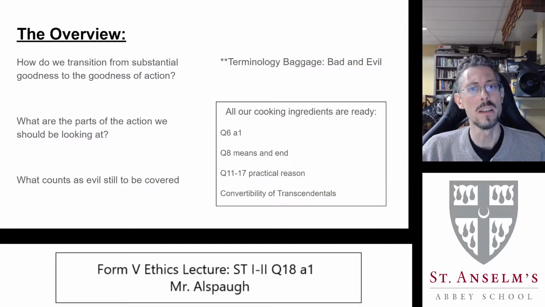However, question 18 doesn't do it all by itself. It's actually a 3-question block, questions 18, 19, and 20, that go over all of this, and 21, depending on how you want to think about consequences. But 18 looks at the parts of the action we should be looking at. Actions are composite. And to talk about an action being good or evil, we need to know what parts are there or what parts are supposed to be there, and which things should be working well or healthy in comparison to substances to say that the action is good.